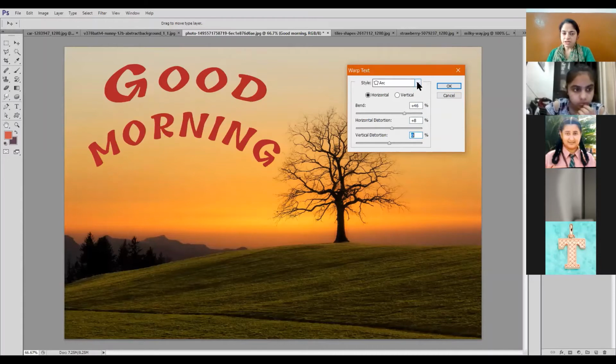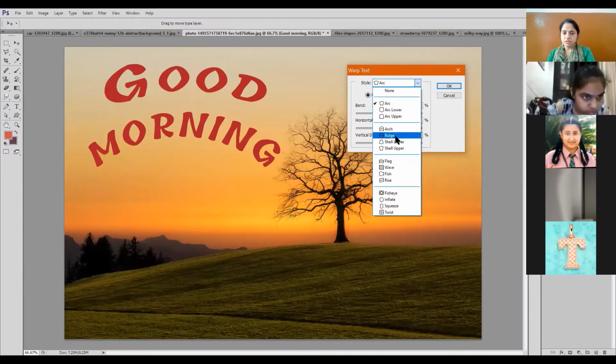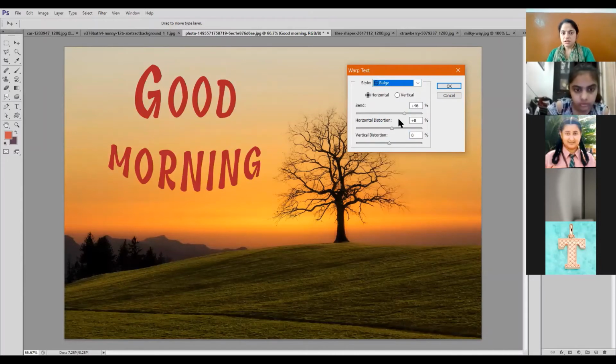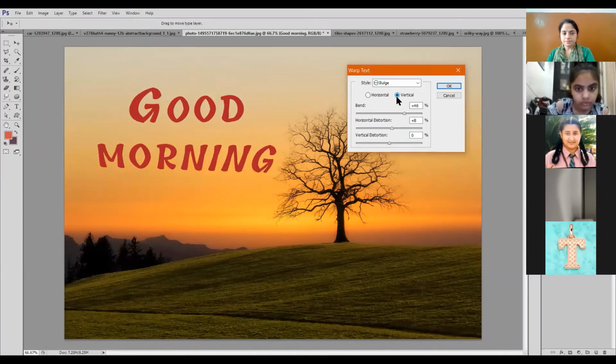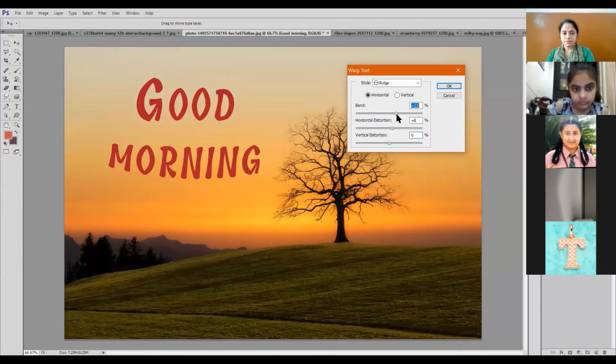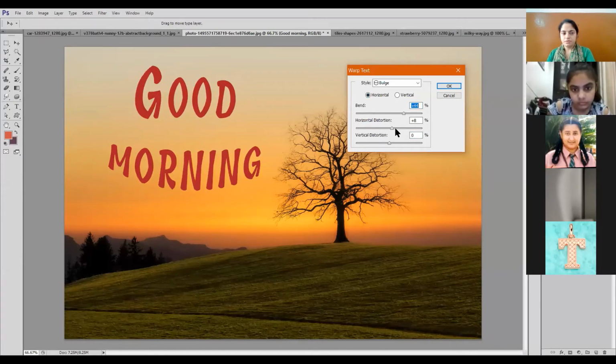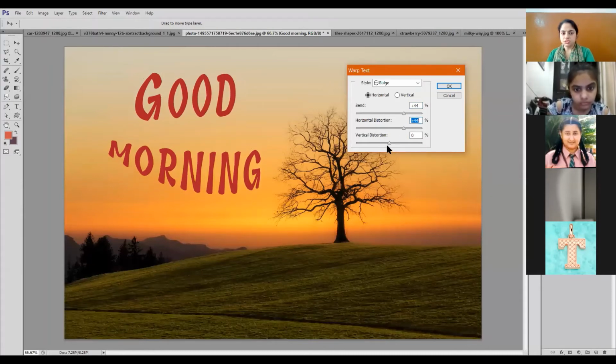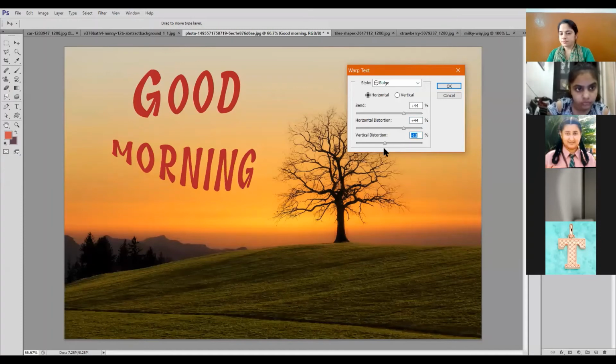You can try all the effects. Suppose I am taking bulge. It is this. I can have the bulge horizontal or vertical. I can change the bend. Every time it will give you a new effect. You can choose whatever effect that you want.